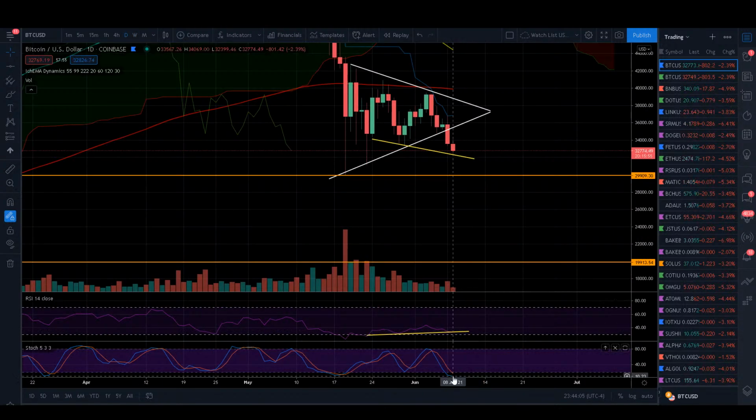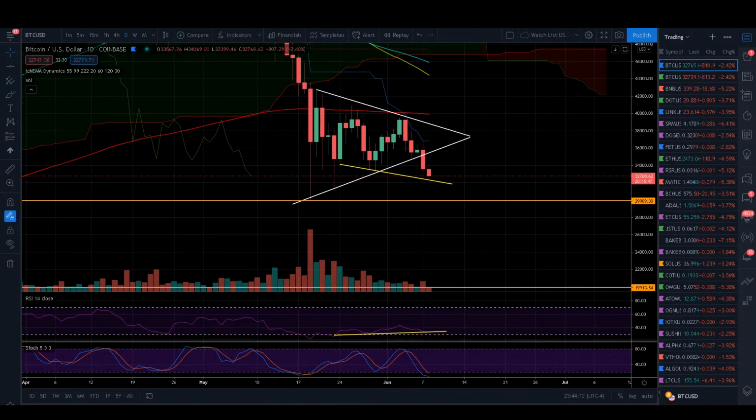If the daily is this close to reversing, what happens when we get a bullish reversal on the daily? Well, there's a bit of a range, but look at the last one. We got the bullish reversal right here, right? And then we had 5 candles on the way up, right? Now, if we have a 5 candle upward bounce right here, say we were to hold there and get the bullish reversal in 20 hours and we were to hold at this trend line, even if we were to dip down to 30K, right? But let's just say we hold in this general vicinity where all these various supports are,